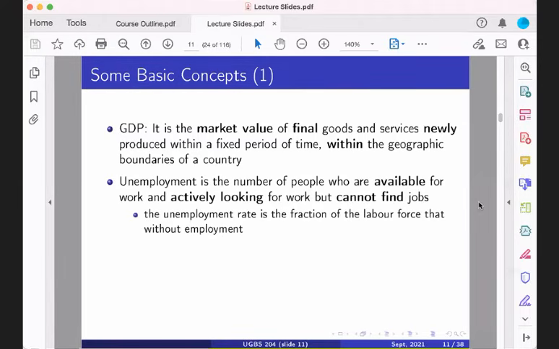Then another one that you should be familiar with is what is unemployment. Okay, and there's a standard definition for unemployment. Again, the keywords. So if you are asked to provide these definitions in,